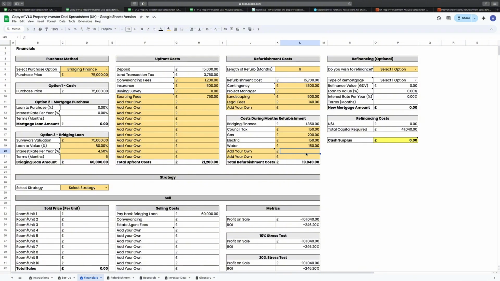Next, scroll across to the refinancing section. Note this section is completely optional and may not apply to all strategies. If you think it is best not to refinance the property, then leave this section blank and move on to the strategy sections below. If refinancing, or in other words remortgaging, then go ahead and select which type of mortgage